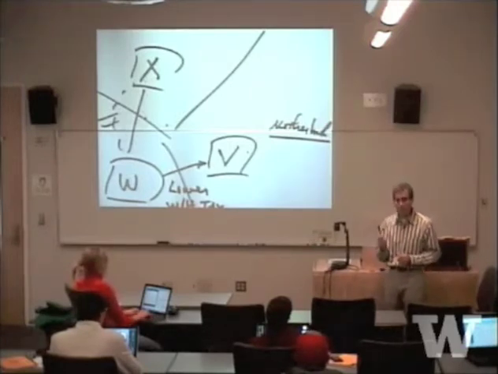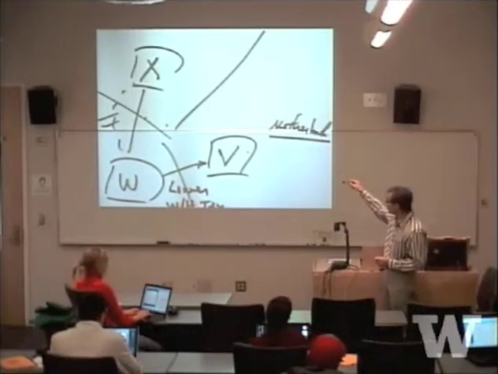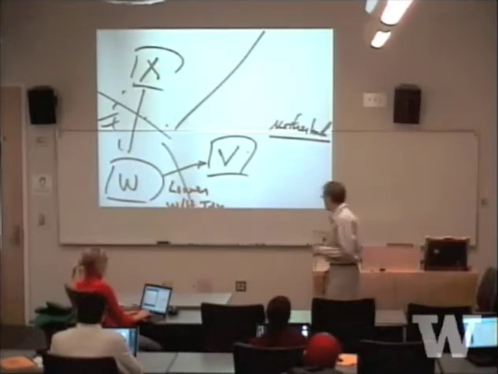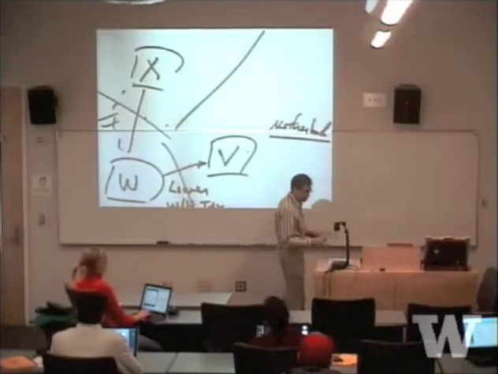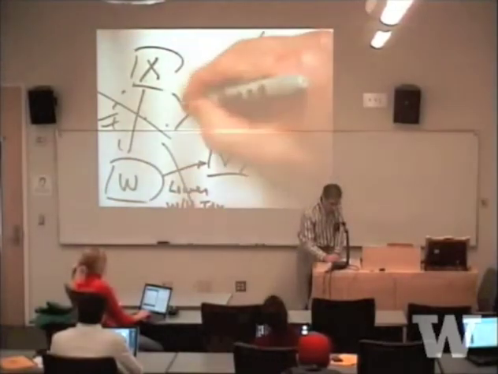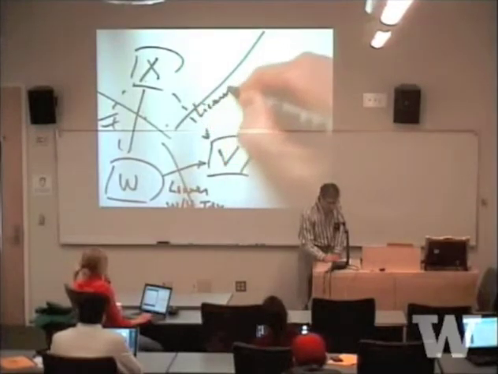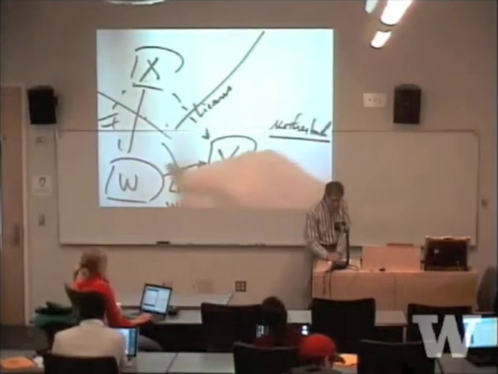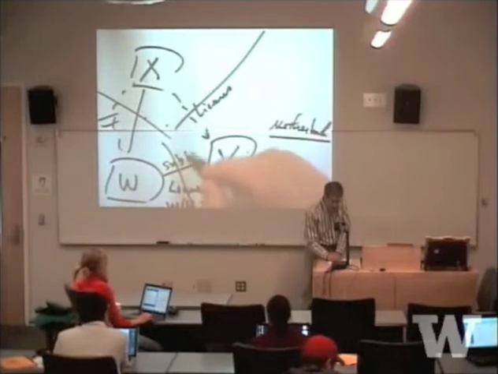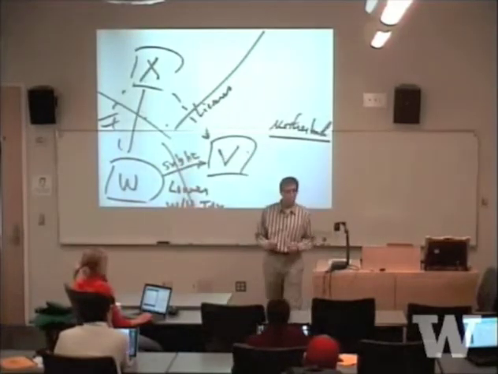On the surface, yes, we could put V in the middle. We could have X, for example, go ahead and license to V, and V then does a sublicense to W,